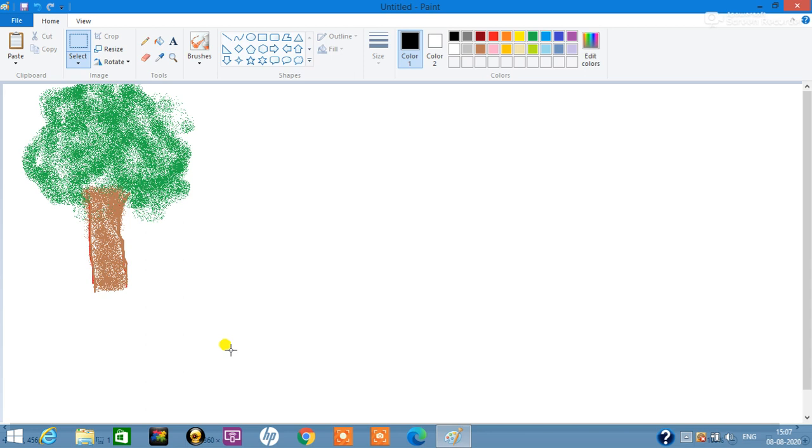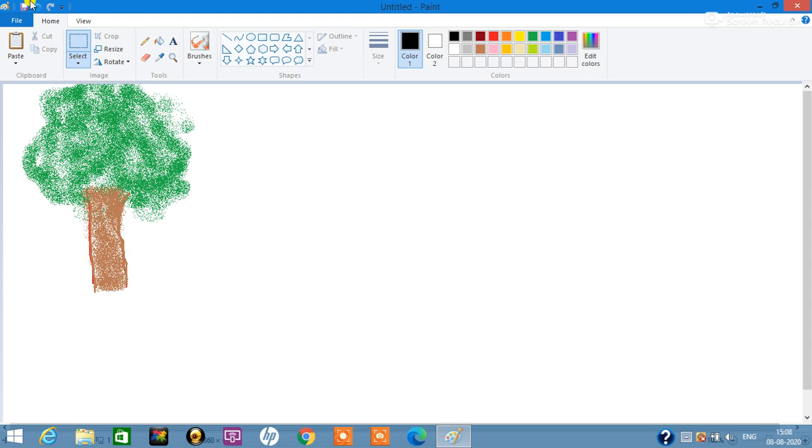First we go on the start button, then all programs option, then accessories, and then click on the paint option. When you click on the paint option, the screen will open like this. At the top of the paint window there is the name of the paint file. As I am rotating my mouse here, this is the name of your file, but it is untitled because I haven't saved it yet. So when I want to save it, I will give it a name.